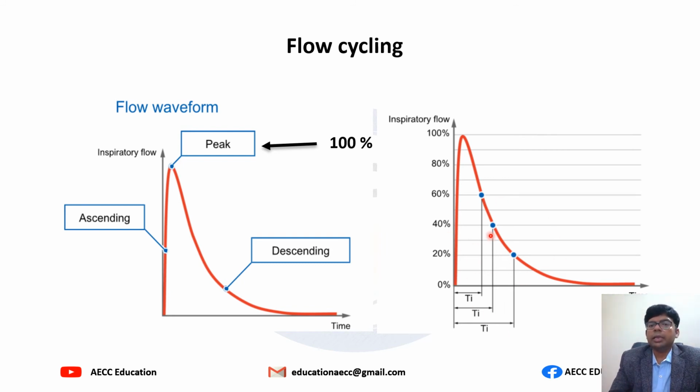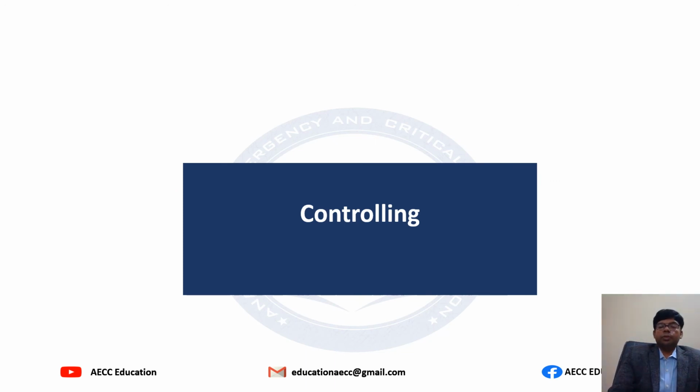Hence, in case of a COPD patient, if you are putting the patient on pressure support ventilation, we have to put a high set percent, so less time for the inspiration and more time for the expiration. This is required for the COPD patient because we want more time for the exhalation, so we have to keep the higher percentage value.